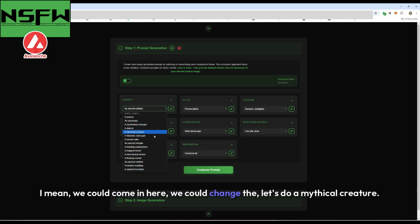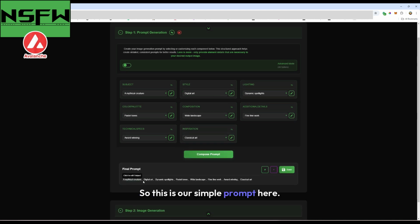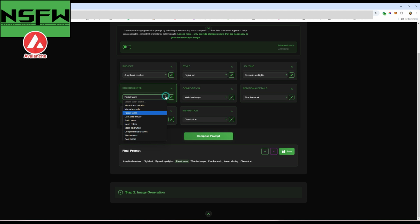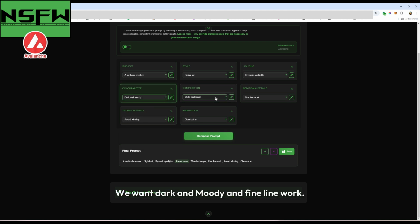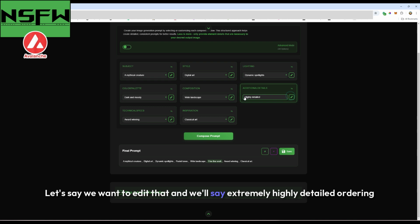I mean, we could come in here and change the subject, let's do a mythical creature. Maybe we don't want photorealistic, we want digital art. And then we can take these and compose a prompt. So this is our simple prompt here. Let's say we want to change, I don't know, pastel tones. We want dark and moody. And fine line work, maybe we don't want fine line work. We want, I don't know, let's say highly detailed. And let's say we want to edit that and we'll say